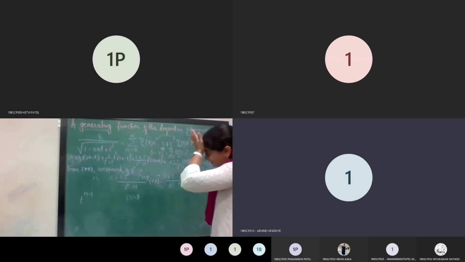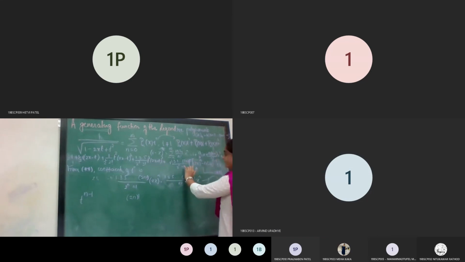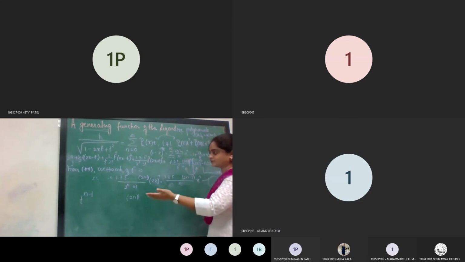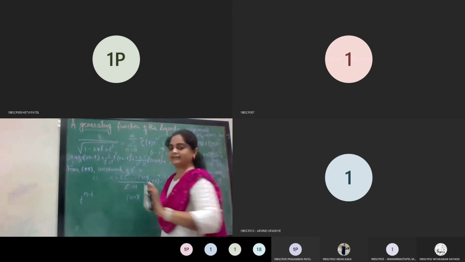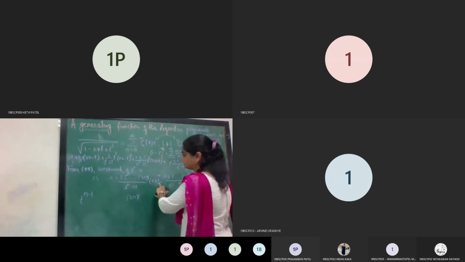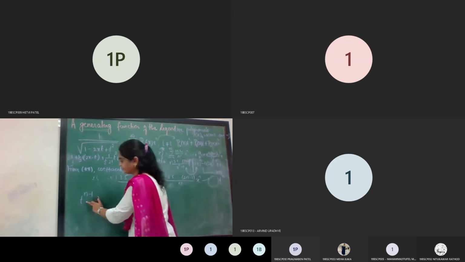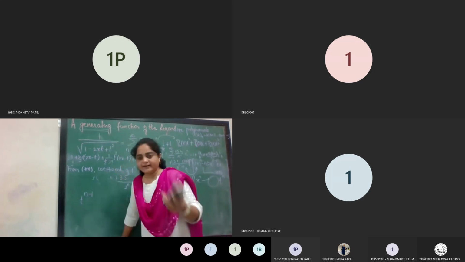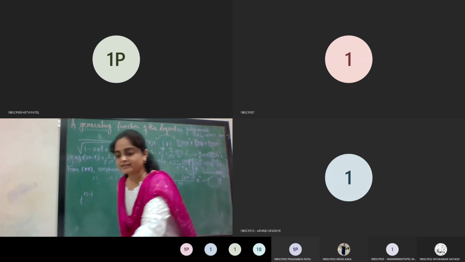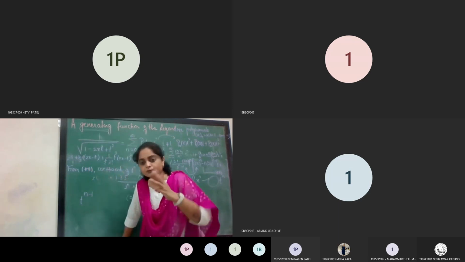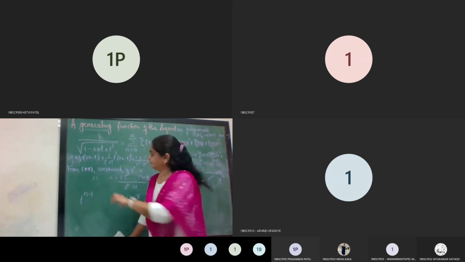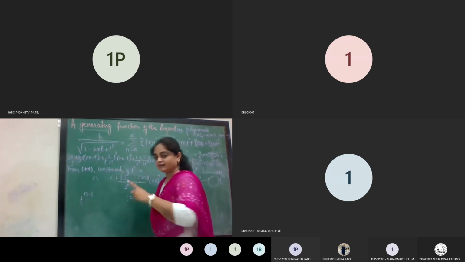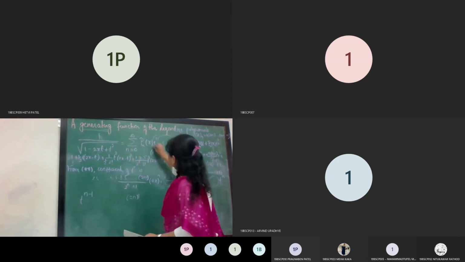Got it. So the question is now when we compare the coefficient of t raised to n minus 1. Why are we doing all this procedure? So that we can write this series in powers of t raised to n. So for that we found the coefficient of t raised to n. Now we will find out t raised to n minus 1, then we will find out t raised to n minus 2. Once you have three terms, you can make the generalized one, that is, what pattern it is following, so that you get the generalized form. And from that form, this whole term will be converted in terms of just the power of t raised to n.